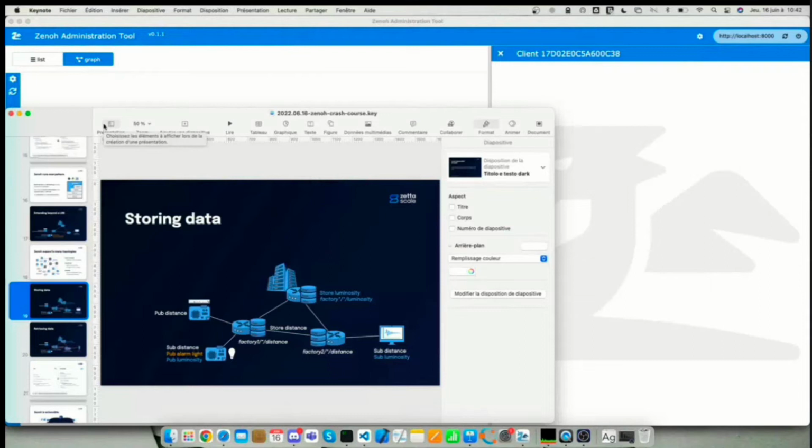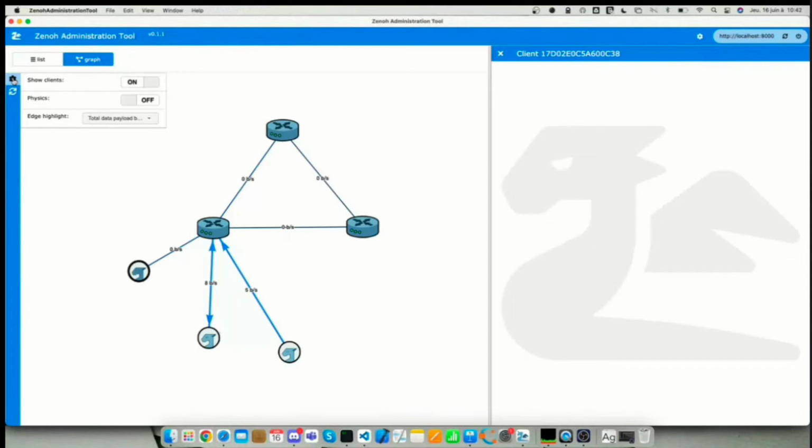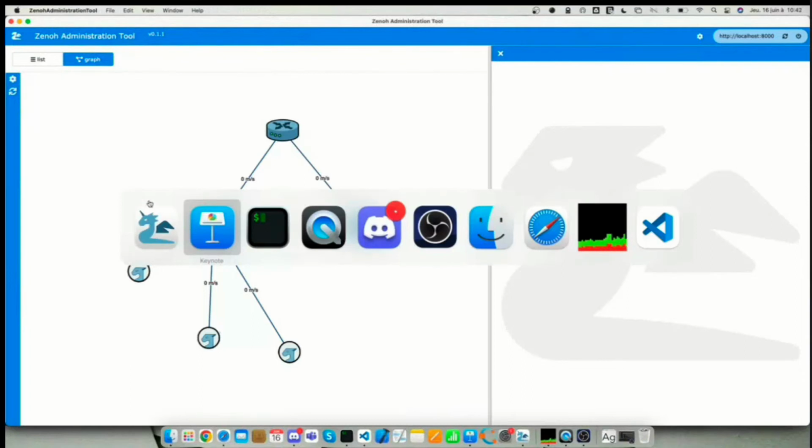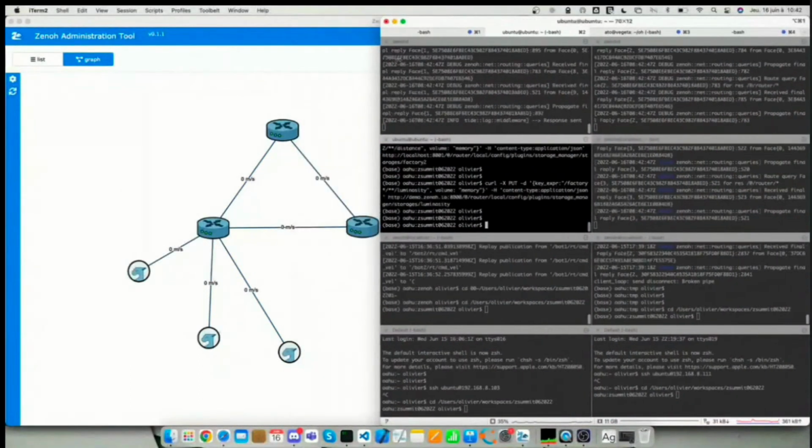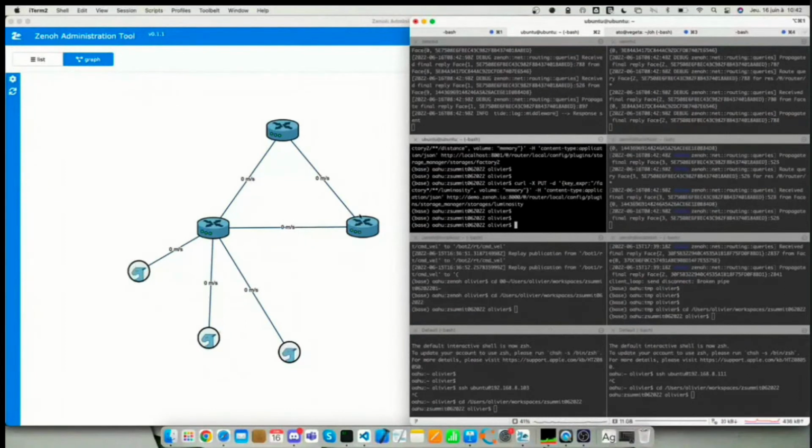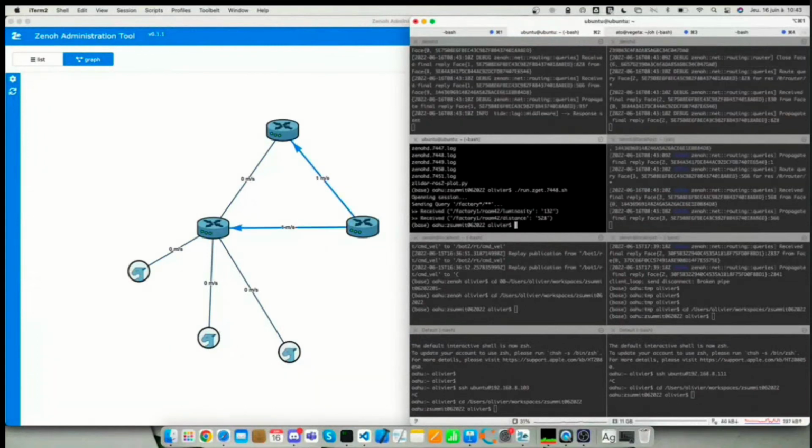So what Zenoh can do, and I can turn this to show instead of the pub sub data, let's display the queries. So there is no query happening now. But let's assume that from the second factory, I want to access all the distances and luminosity. So you can see in small here that I got the last luminosity from the cloud and the last distance from the first factory. And if I run it again and you are careful of what happens in the graph, you can see that